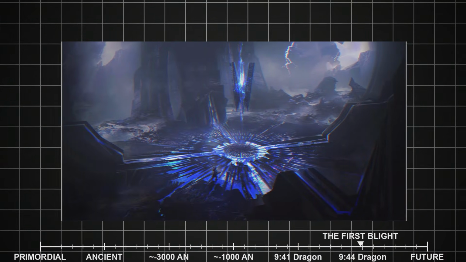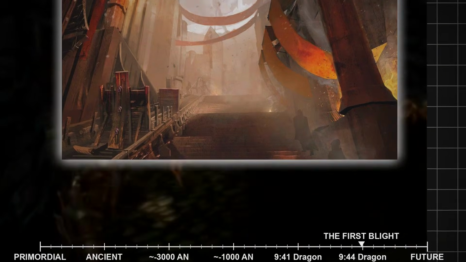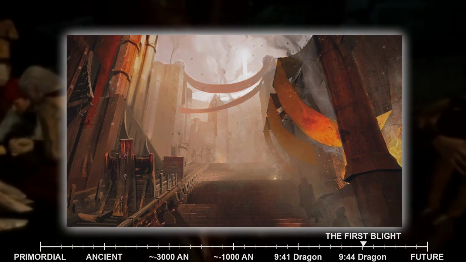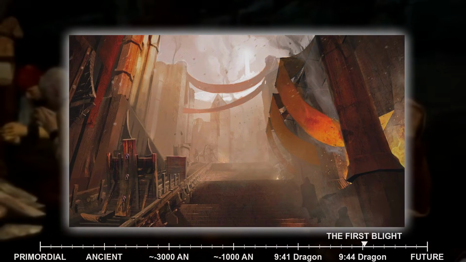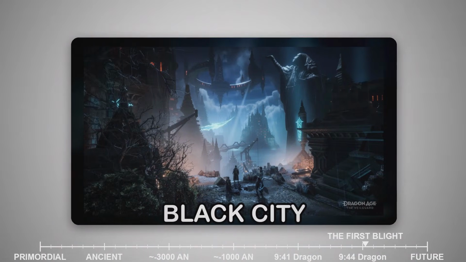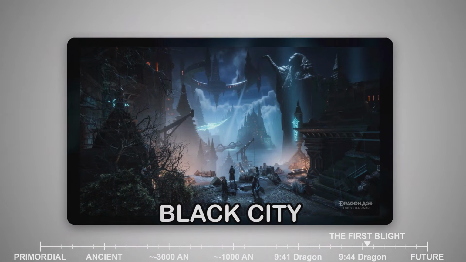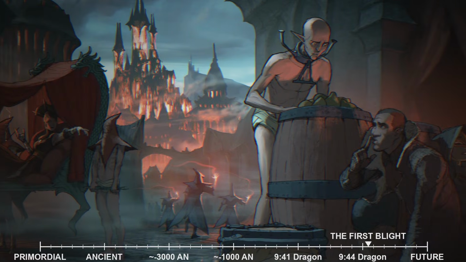Their presence, tainted by their hubris and the blood magic they had employed, corrupted the very essence of the Golden City, twisting it into a desolate, nightmarish reflection of its former glory. It became the Black City, a silent, dark testament to their transgression, forever serving as a warning against mortal arrogance. The consequences of this sacrilege were immediate and devastating.